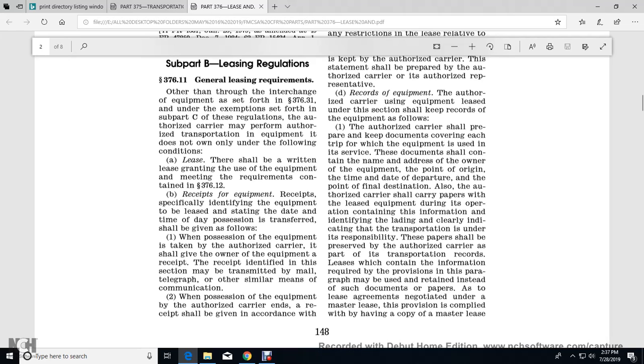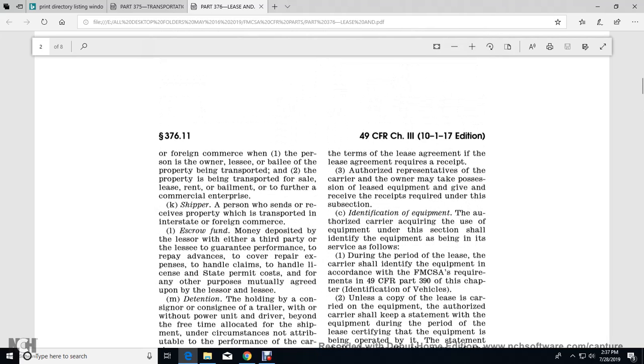The receipt identified with the section shall be transmitted by mail, telegraph, or other similar means of communication. When in possession of the equipment of the authorized carrier, the receipt shall be given in accordance with the terms of the lease agreement. A lease agreement requires that the authorized representative of the carrier, the owner of the equipment,